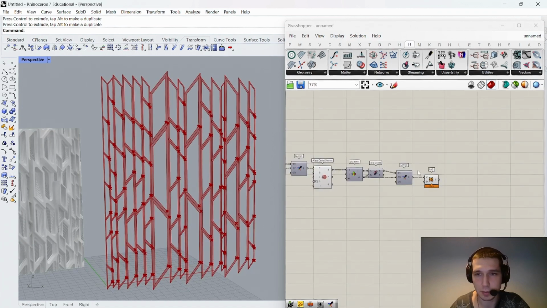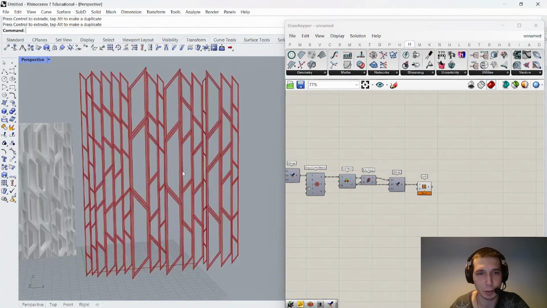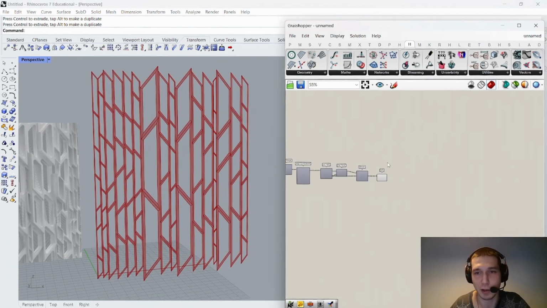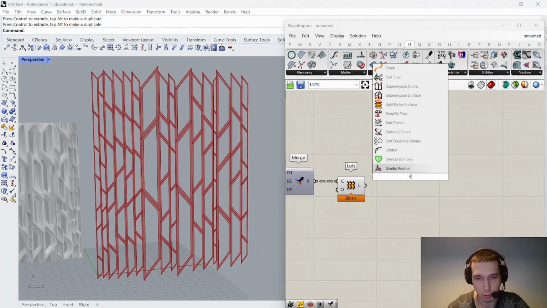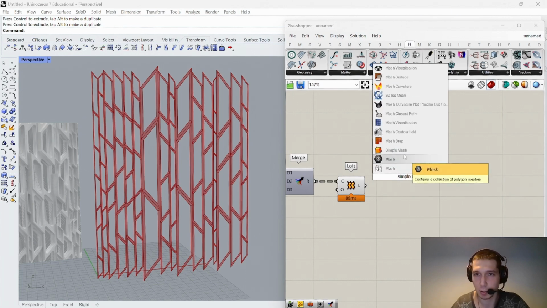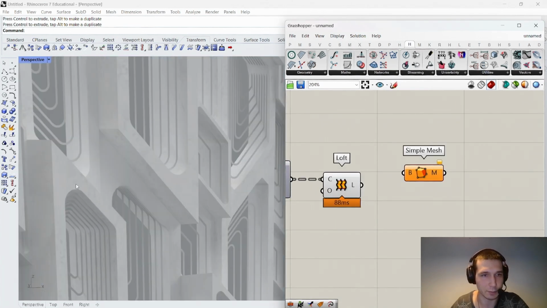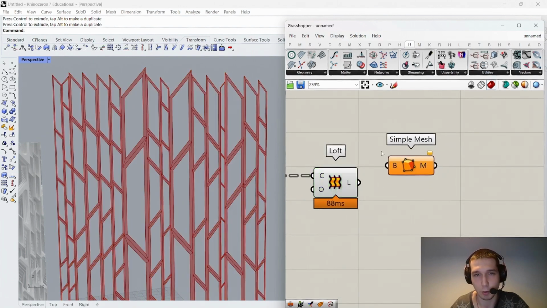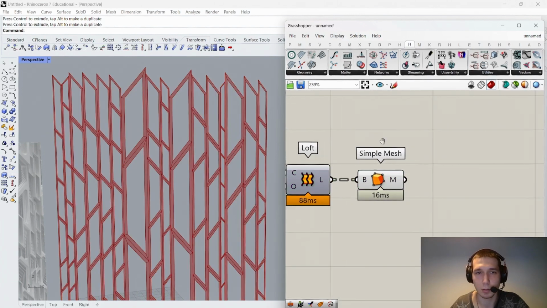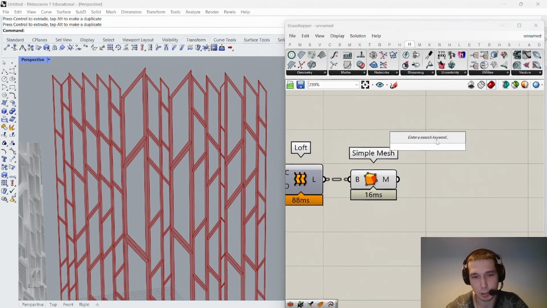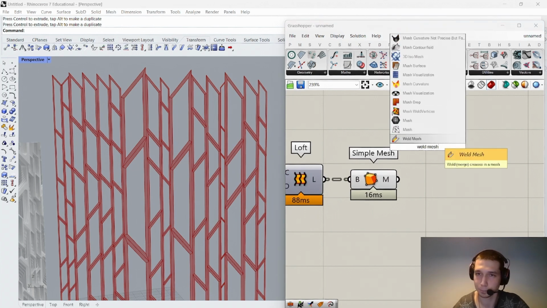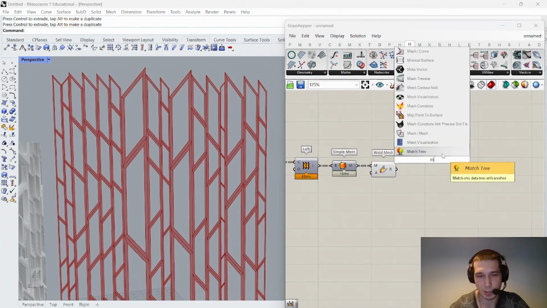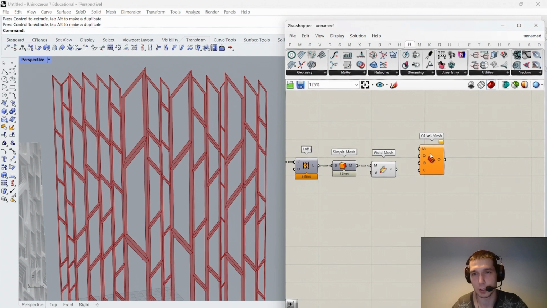What I would do after that, there are actually two ways. We can either go with a mesh, or we can also go with a B-rep. I would say I would go with a mesh. Let's just turn it into simple meshes. Of course, depending on what you need, if we need to get a filleted edge, maybe it's easier to go for B-rep. But for now, let's go for a mesh. Let's also say a weld mesh, just to be sure. And then we say mesh offset, and we offset it using variable